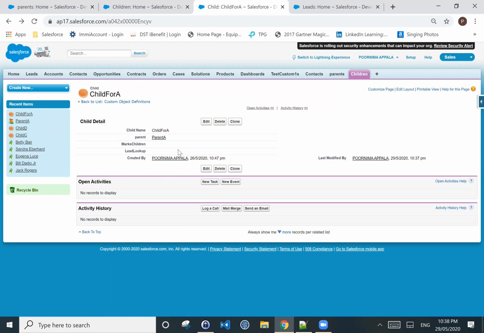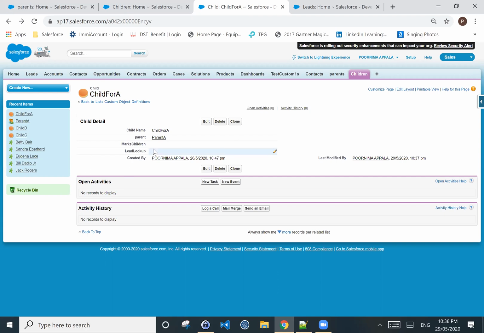Why is it not a required field? See, the purpose of creating the lookup relationship is that we do not want to be very tightly coupled with the parent. There will be some scenarios where we want such a relationship which should not be mandatory.